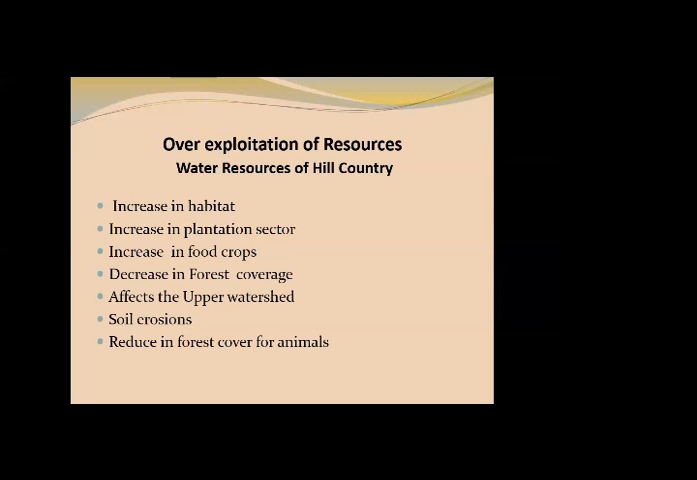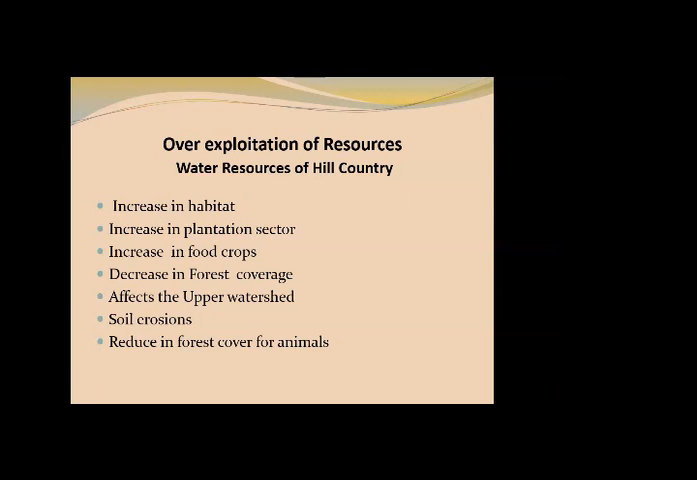Then, with more people, we start to produce more food. That also made us take up the jungles and take out the green cover for food crops. With that, we start to decrease the forest cover in a big way. One is for living, then to increase the plantation, then the food crops. For all three reasons, we start to take out the forest cover. And it affects the upper watershed. Naturally, when the vegetation is gone,